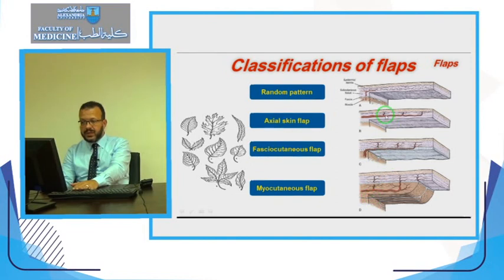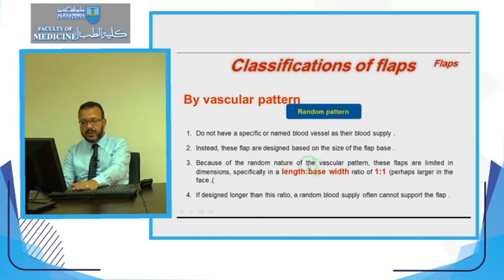If we get the artery underneath the skin directly, this can be harvested as a skin flap. If the artery is lying underneath the fascia, the fascia has to be harvested with the skin in order to keep the flap with its intact blood supply. So this is a fasciocutaneous flap. And if the artery is passing through the muscle, then we have to harvest the muscle with the flap. So this is called a myocutaneous flap, containing skin and muscle.